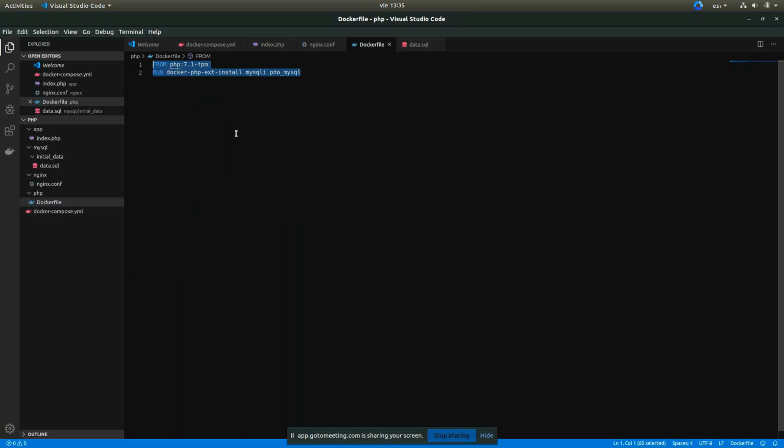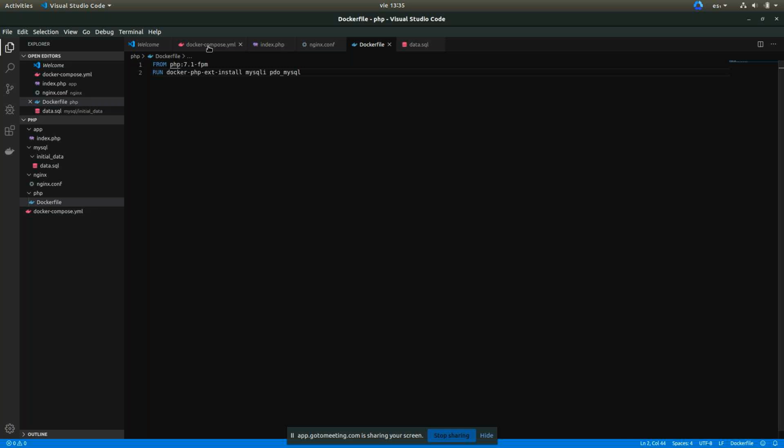We are using the PHP 7.1 FPM image, and we are installing the extensions for the MySQL connection and PDO MySQL to run the connection between the PHP server and MySQL.